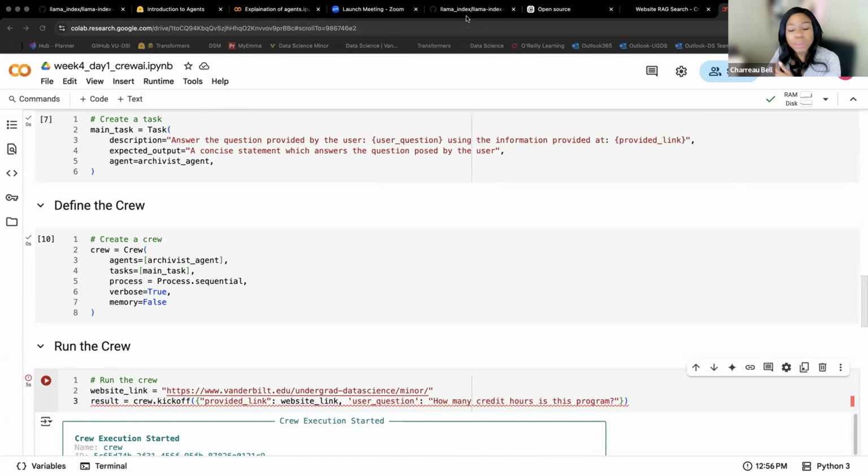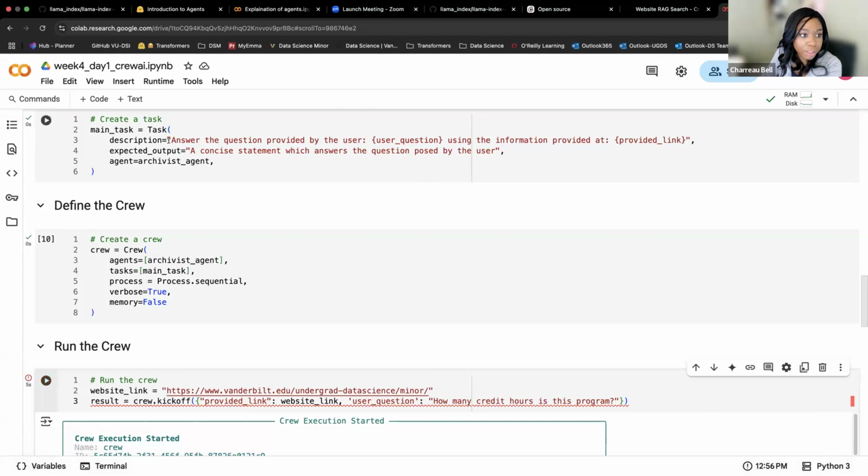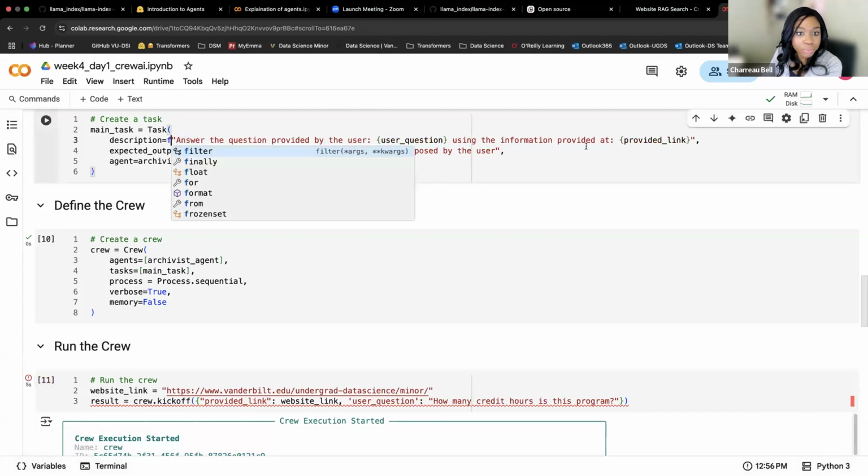Oh, this may be my own user error. I think this is my own user error, but really that should not have had that behavior. This should be an F string. But this would not have changed that behavior.